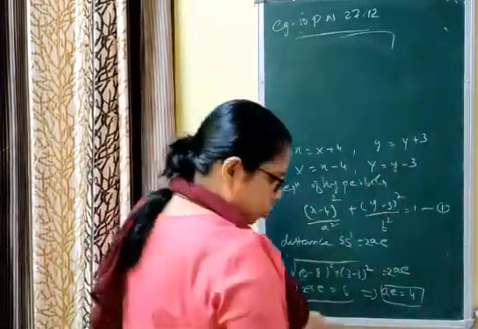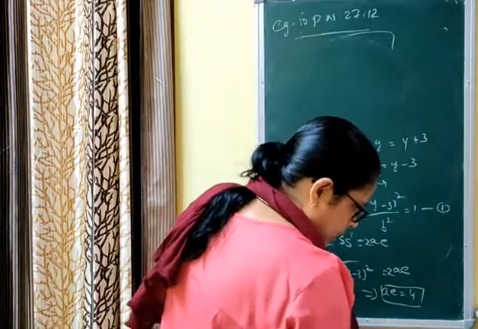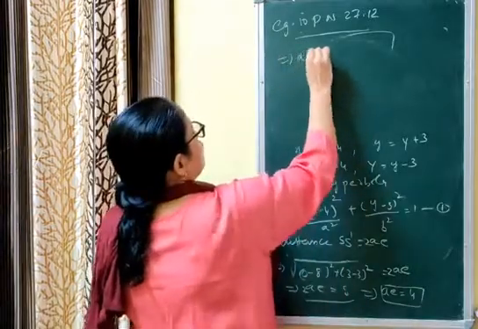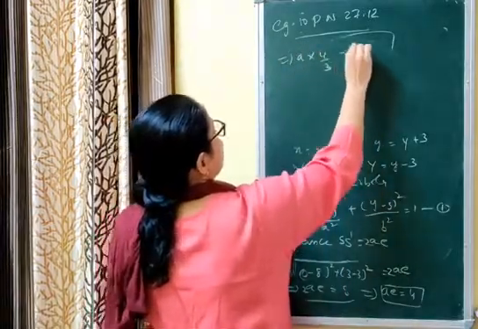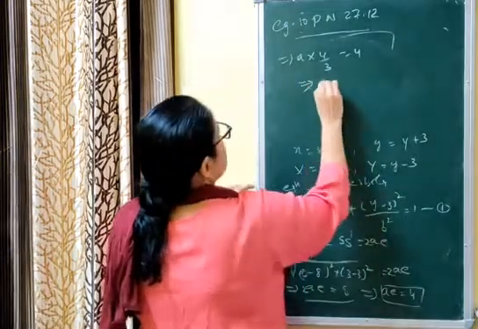Now you got the value of AE equal to 4. Now what else are you given? You are given eccentricity is equal to 4/3. That implies A into 4/3 is equal to 4. Let me check once more. That implies A is equal to 3.